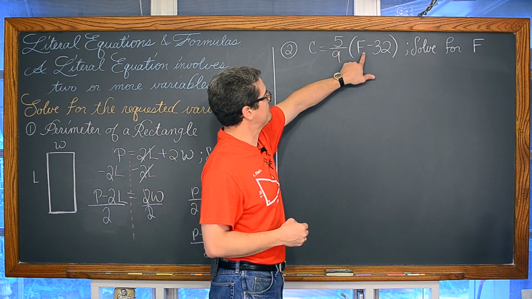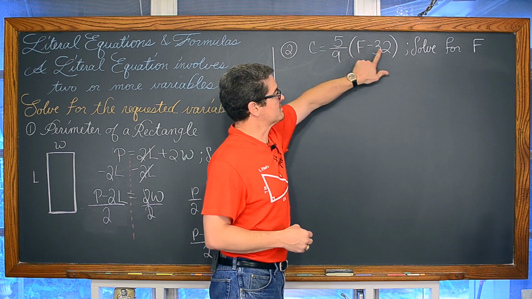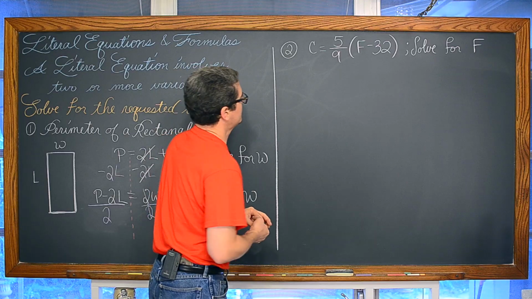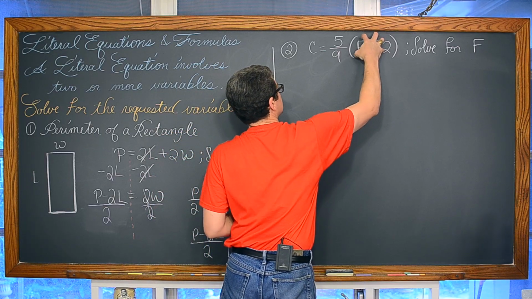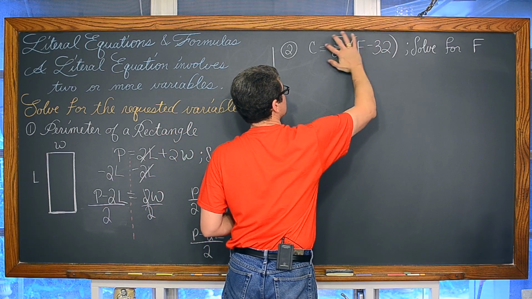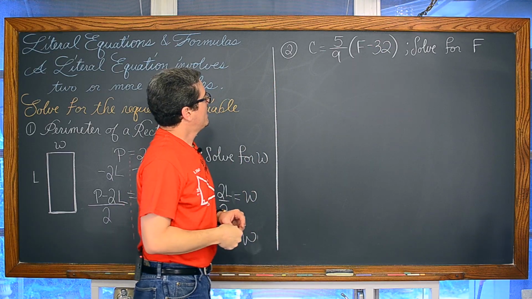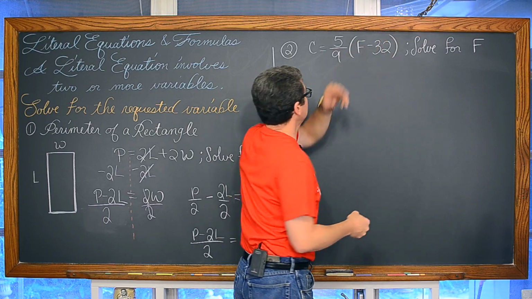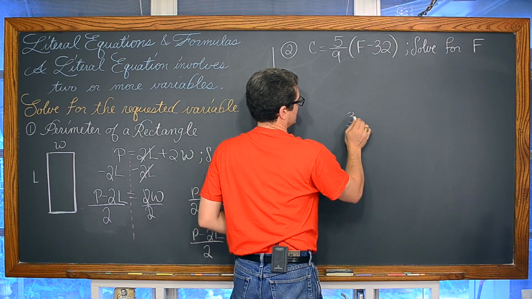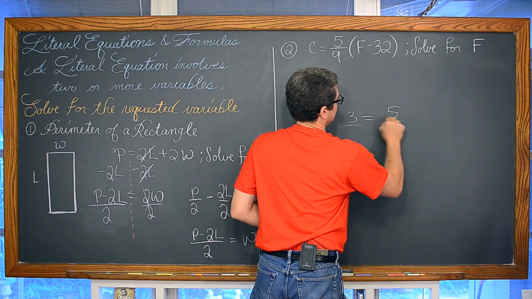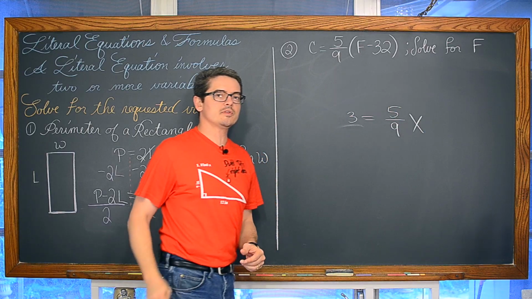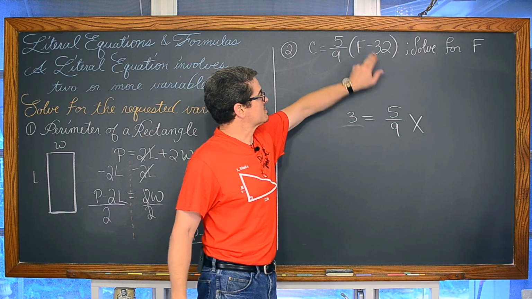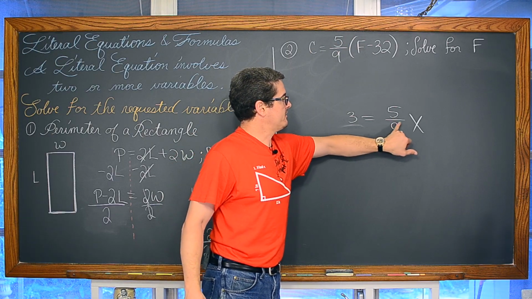If you want to solve for F, you can distribute the 5/9 through the parentheses. We do that often. But we can also look at it as, hey, this parentheses is holding this F minus 32 together. This is all just one term. And sort of like if I wrote, let's say, 3 is equal to 5/9 x. If I said solve this equation, there's one term here and one big term here. This looks a bit more complicated than this, but it's 5/9 times something.